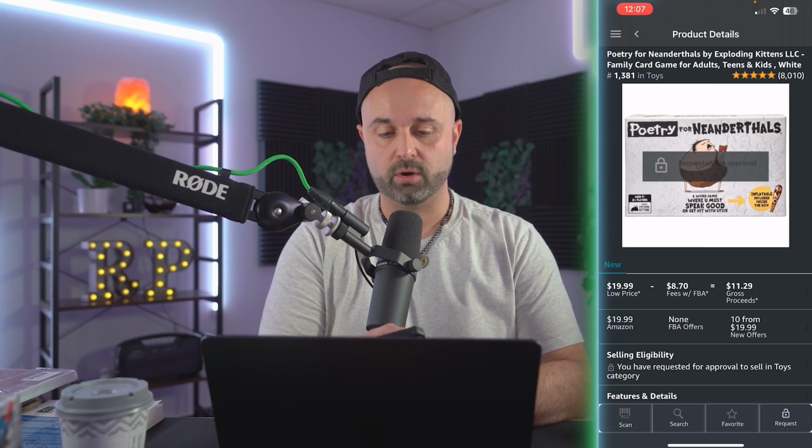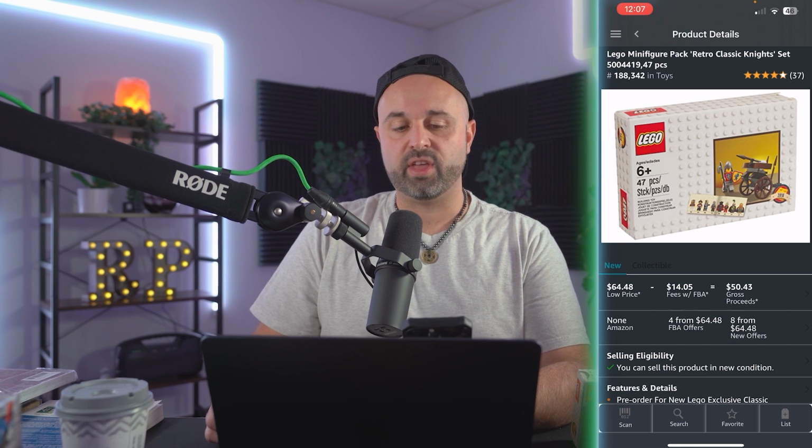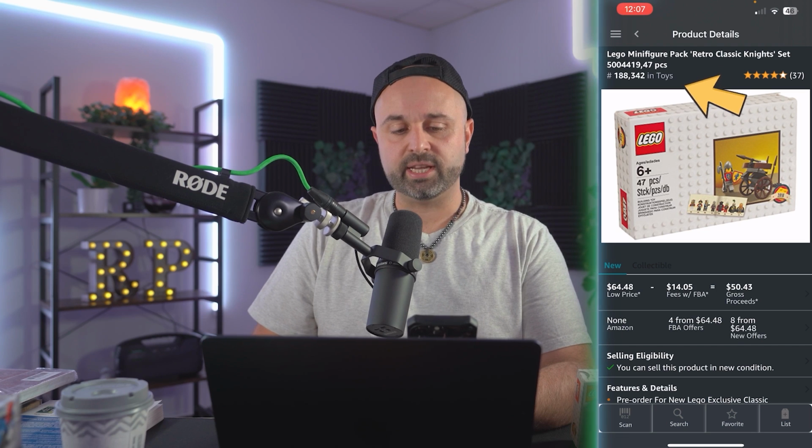All right. So again, if I want to scan another product, here we have this Lego item right here. You see how I found a barcode. So what I'm going to do is I'm going to just scan the barcode just like that. I'll show you one more time. And then it's going to bring up the item. So you're going to see on the product page, there's a bunch of different things that Amazon Seller app is telling you. The title, the rank,